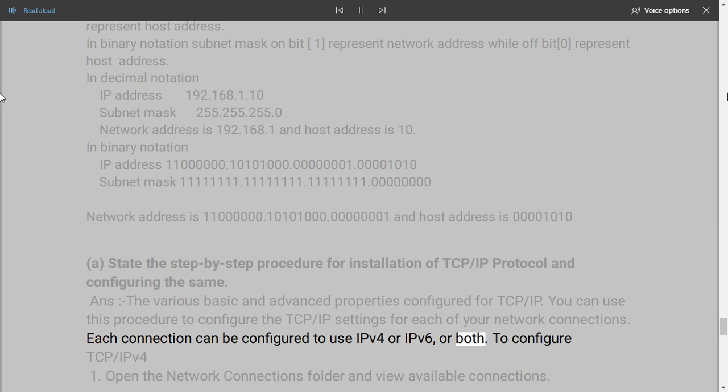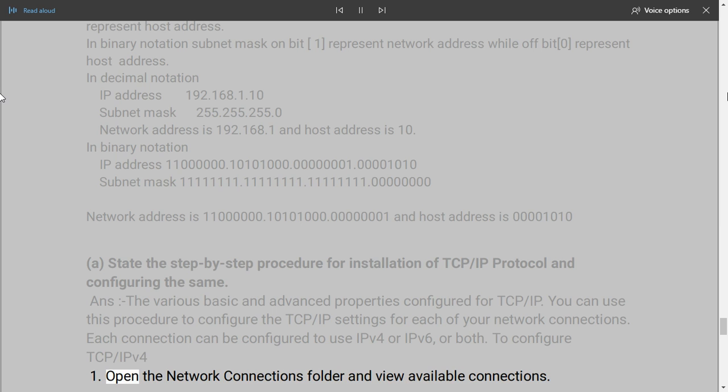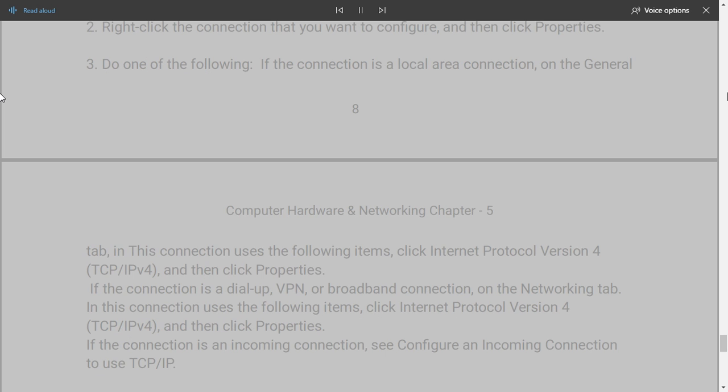To configure TCP/IPv4, 1. Open the Network Connections folder and view available connections. 2. Right-click the connection that you want to configure, and then click Properties. 3. Do one of the following. If the connection is a local area connection, on the General